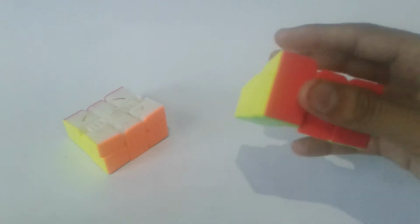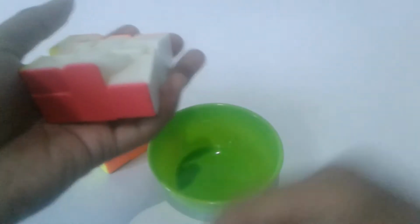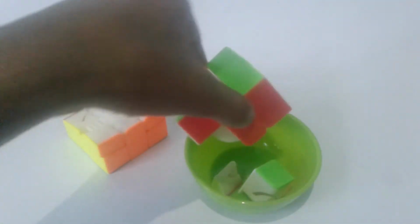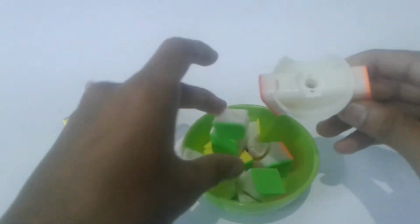For opening these pieces and cleaning, you put the pieces to be cleaned in a plastic bowl or glass bowl that does not contain any dirt. For doing it, first you hold the piece and give it a slide and it will just come off. You can also pick out this stock here, that's the sky part, and there is the little semi-circle shape. So this is the first piece, so do the same for the second piece,